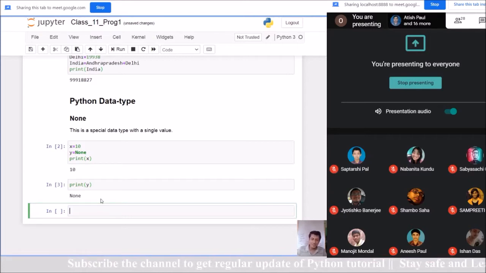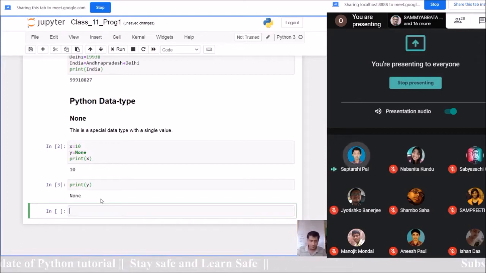And None means something like nothing, basically completely blank. It is used to signify the absence of value or a condition evaluating to false in a situation. Is it clear?